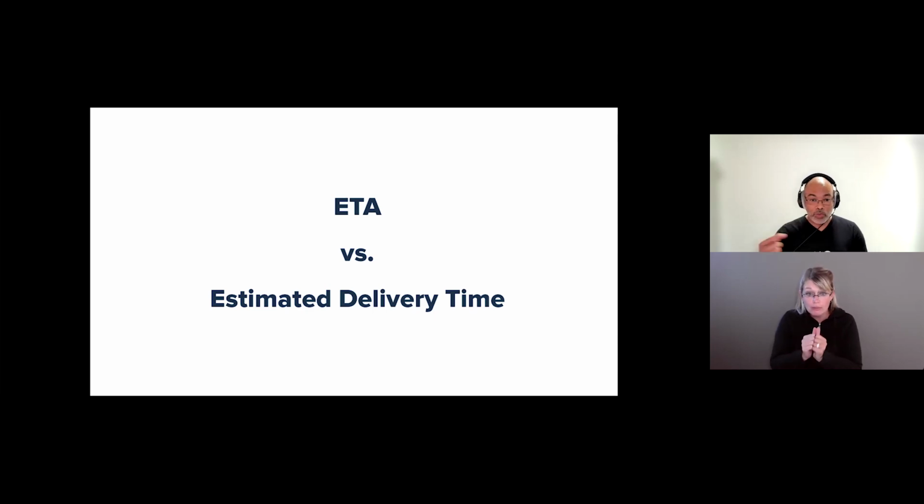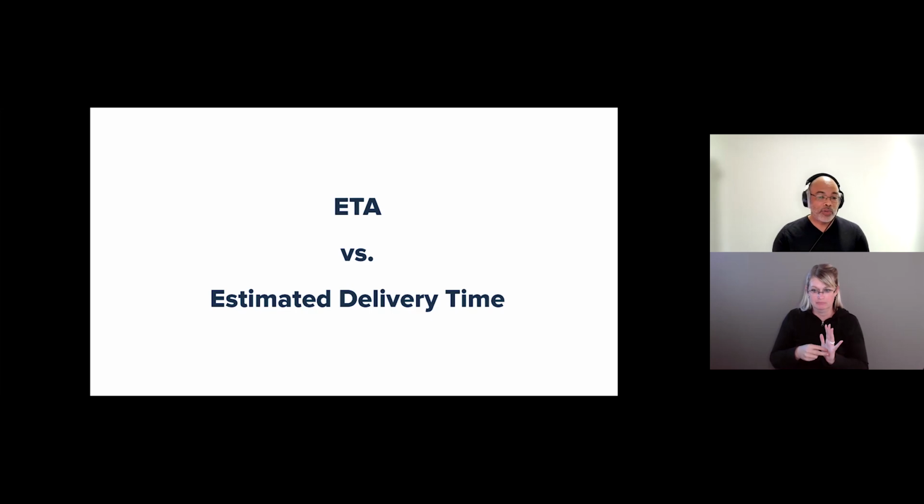One was in one row and the other was in another row inside of a table layout. And so I raised my hand and I asked, what is the difference between this? Because following ETA and following estimated delivery time was an actual time or a date of when the product would arrive. For ETA, I got 3 different answers from 3 different individuals on that team, which means that no one had a clear definition of what ETA actually meant.